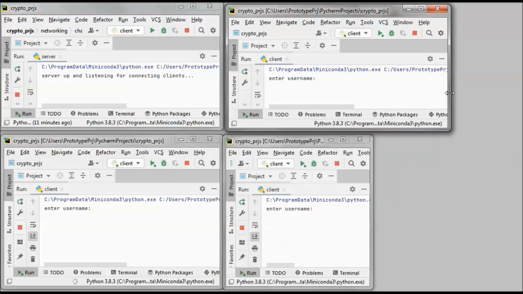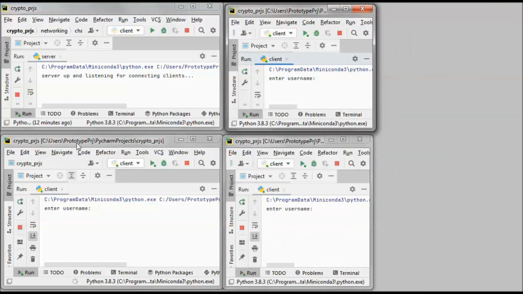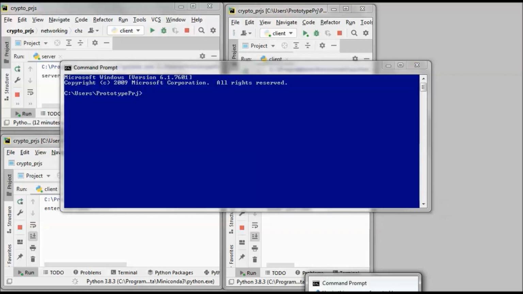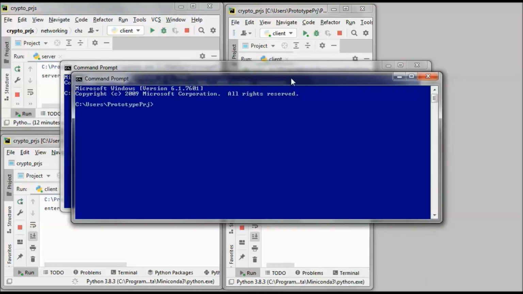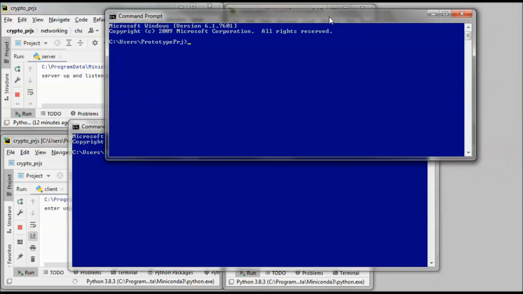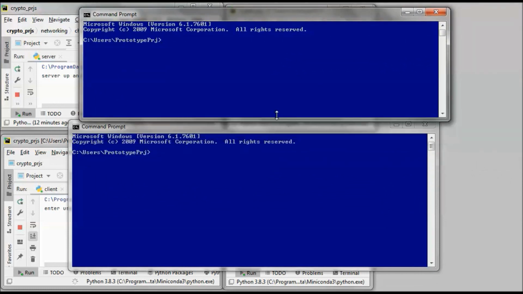So here we have three clients and the server, and let's do also, this will have two other clients running from the command prompt.